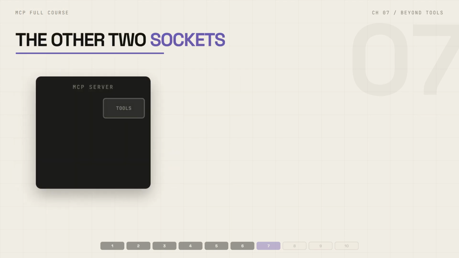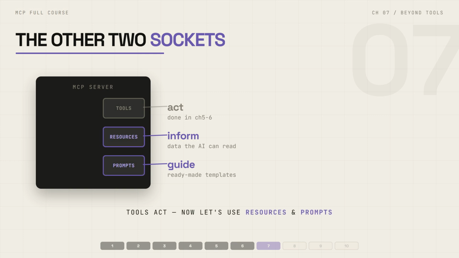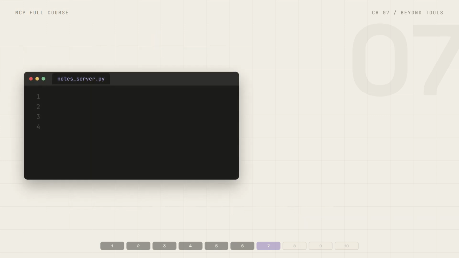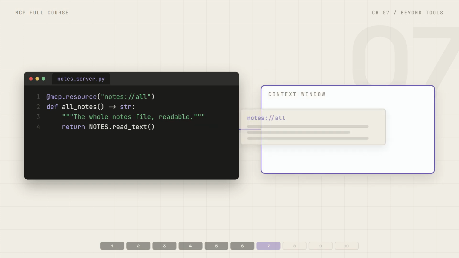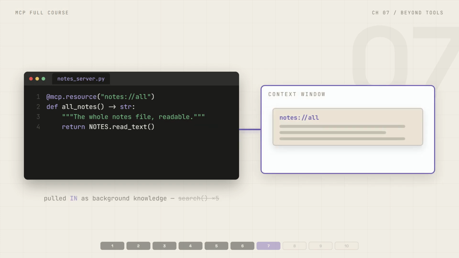Chapter 7, Tools Act. But remember the other 2 sockets, let's use them. A resource is data the AI can read. No side effects, no action. Decorator, add @mcp.resource with a URI. Now the whole notes file is readable context, not just searchable. Why does that matter? The AI can pull your notes in as background knowledge before answering, instead of calling search